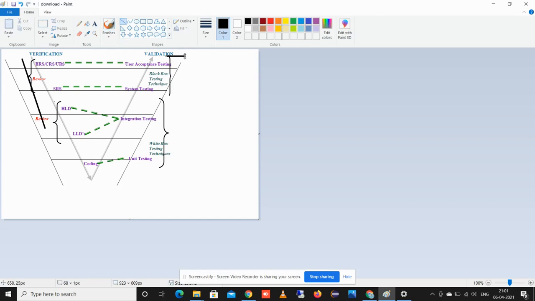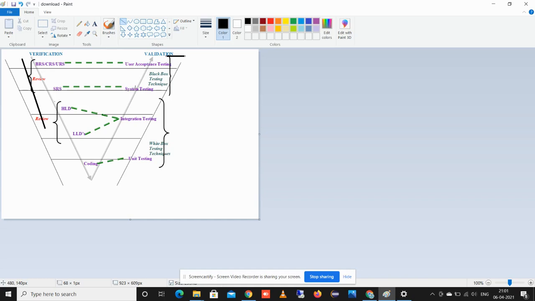It is also called the VV model. In this model, all the development and testing activities go in parallel. On the development side, we are doing the verification activities, and on the testing side, we are doing the activities of the validation part.